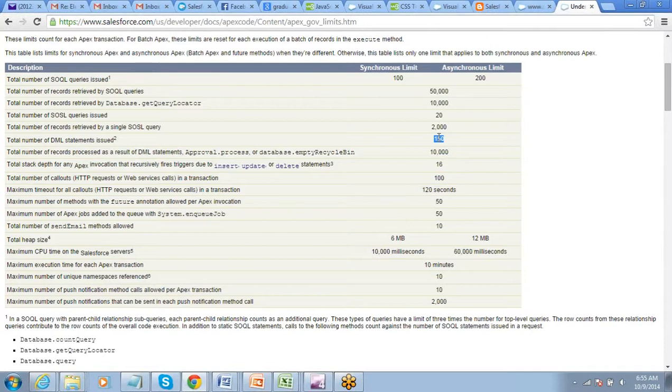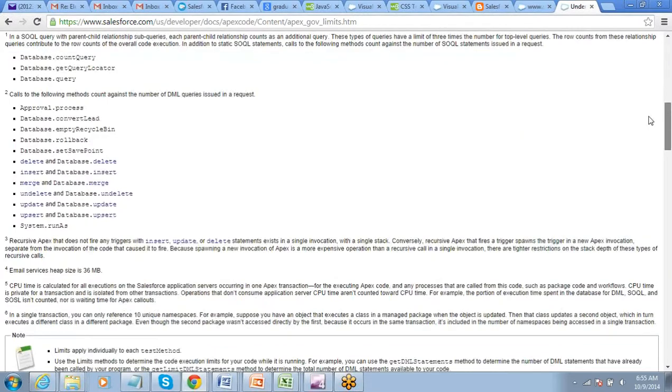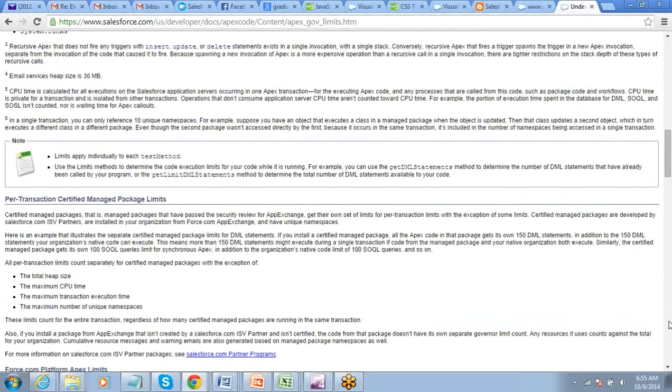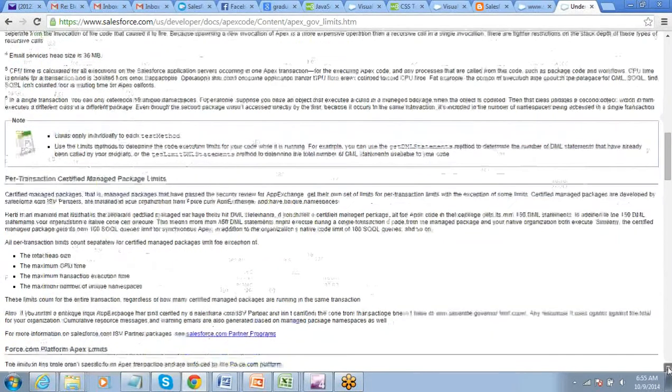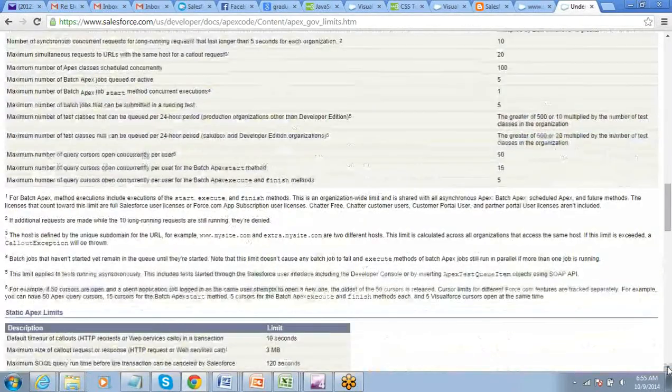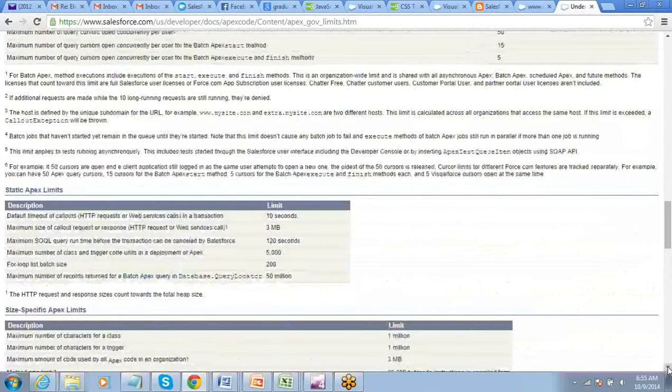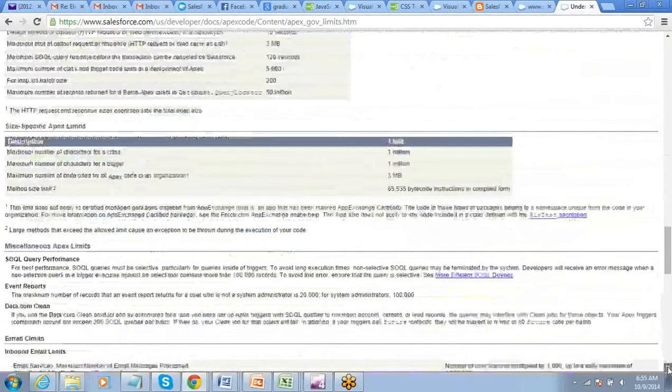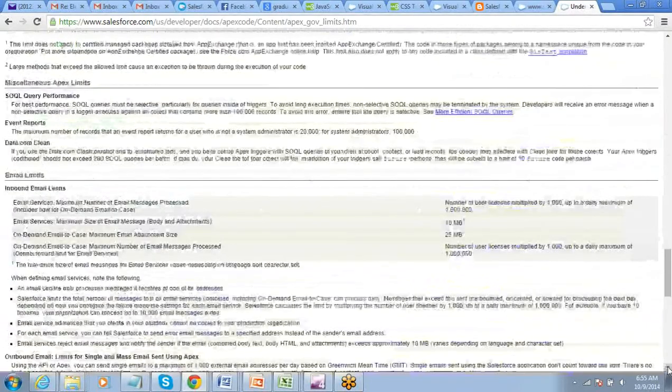So this is that. Now there are a lot of other things in terms of your governor limits. We don't need to get into each and everything. The next governor limit that I want you to understand is on the emails. We have sent emails, right? Using a trigger we sent email.